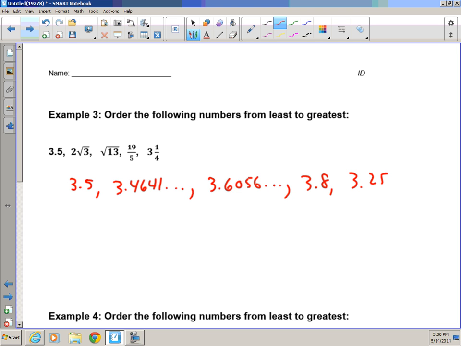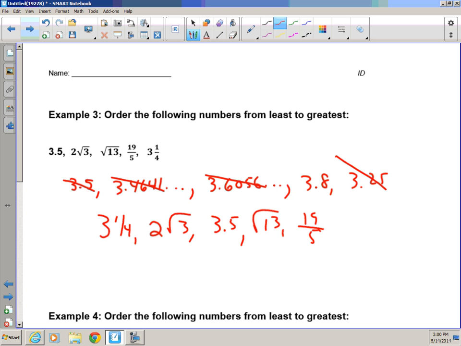So now I go back into my order. 3.25 is the smallest, so that's 3 1/4. Then 3.464, so that's 2 radical 3. Then 3.5, which is just 3.5. Then 3.606, that's radical 13. And then 19/5. Okay? And then the last one,